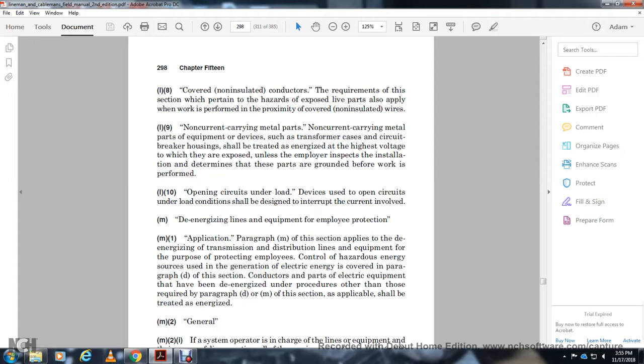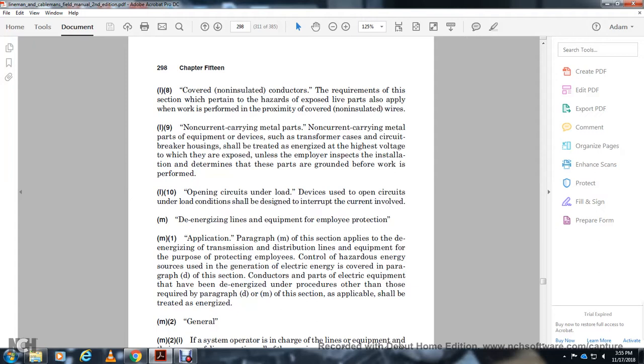parts, also when the work is performed in proximity, cover the non-insulated wire, the non-current carrying metal parts of the equipment, such as the transformer, the circuitry, a breaker housing, the shell, the engine drive with the highest voltage exposed. The employer shall inspect the installation to determine these parts are grounded before they work. The opening condition under load: the device should either open the circuit under load